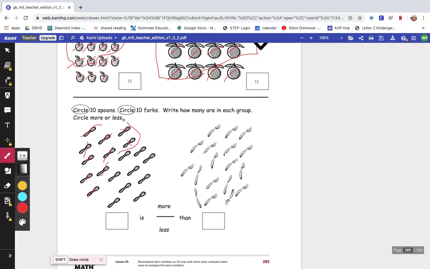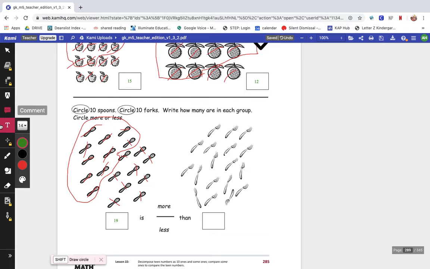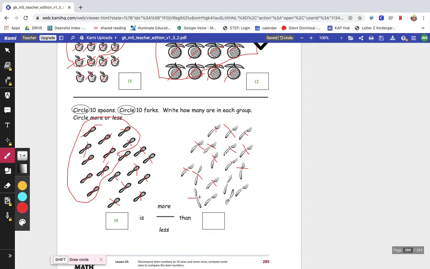And I want to circle that 10 group because it's always easier to identify the 10. All right, now we can count on 11, 12, 13, 14, 15, 16, 17, 18, 19. And I can write the number 19 here. All right, now we have to count the forks. Here we go. 1, 2, 3, 4, 5, 6, 7, 8, 9, 10, 11, 12, 13, 14, 15, 16, 17,